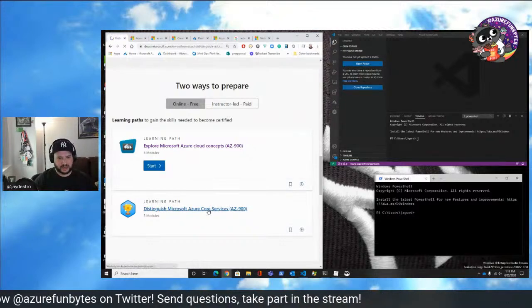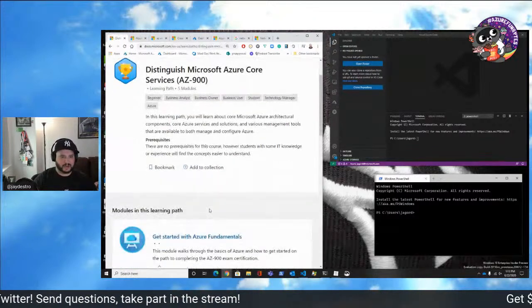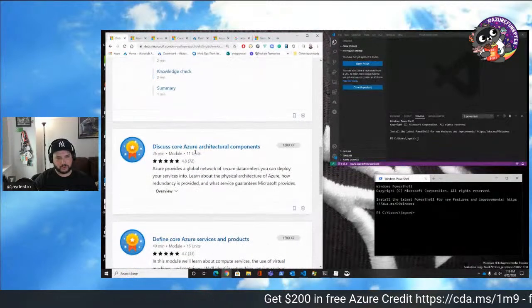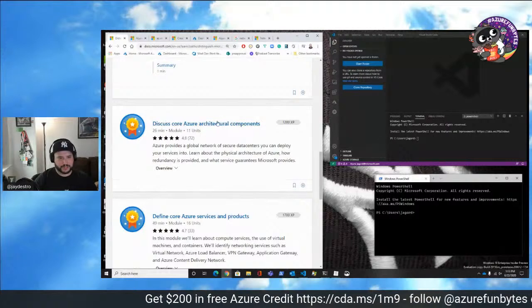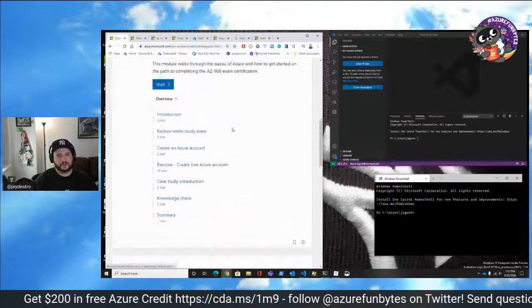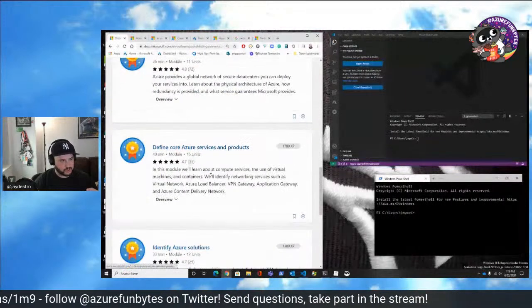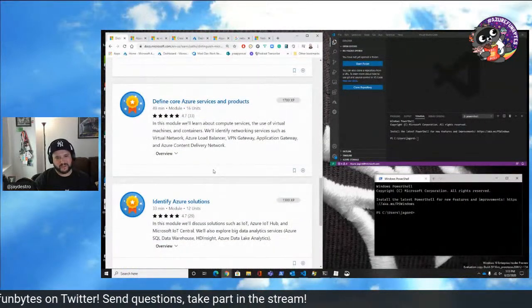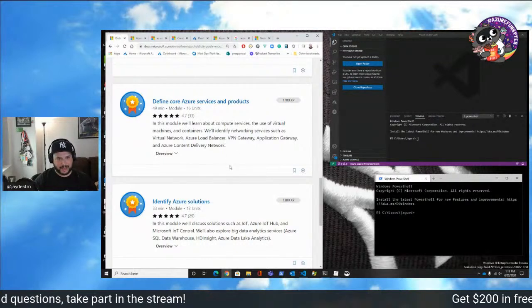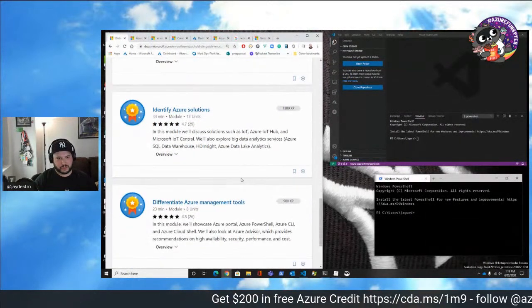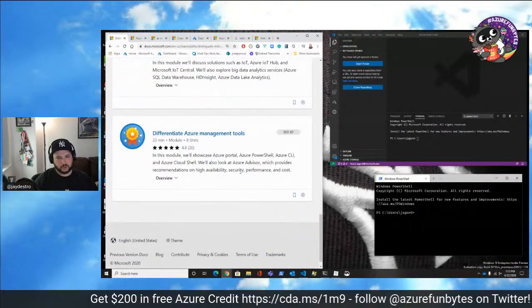Then we go to the next learning path, and we're going to focus a little bit more on this today. We've talked a little bit about concepts, but we're going to see these Azure Fundamentals. And these Azure Fundamentals are all to give you these architectural component ideas, the real basics, define the different types of service, so you'll understand the difference between VMs, containers, load balancers, content delivery networks. You'll figure out the different types of solutions, the different tools that'll work.